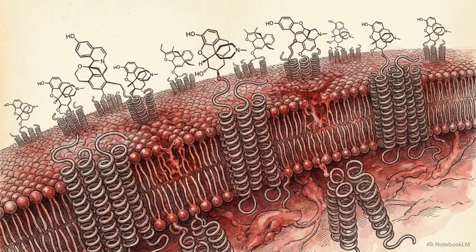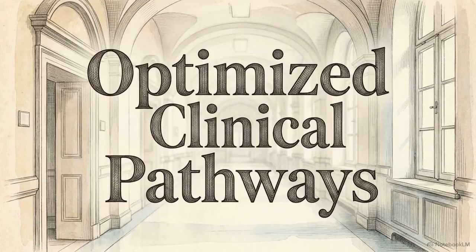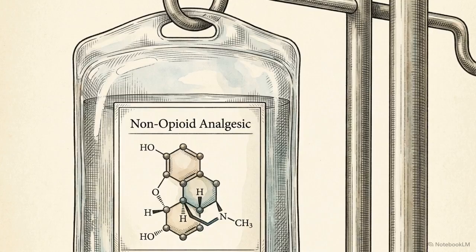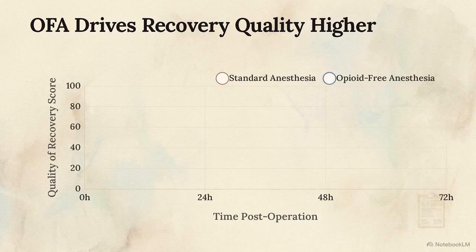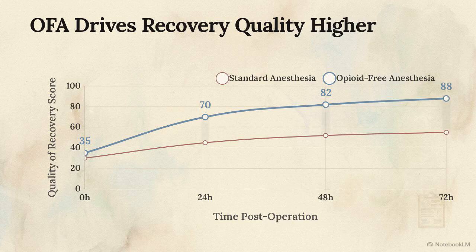of opioid anesthesia. The modern clinical response to this systemic pharmacological intersection is the deployment of enhanced recovery after surgery protocols and multimodal analgesia. The strategic goal of these pathways is to achieve early recovery by maintaining preoperative organ function while strictly minimizing opioid reliance. This graph illustrates the recent clinical data driving the shift, specifically the findings from the SOFA, or Standard versus Opioid-Free Anesthesia trial. The trial demonstrated that opioid-free protocols yield statistically significant improvements in patient recovery quality at the critical 24,